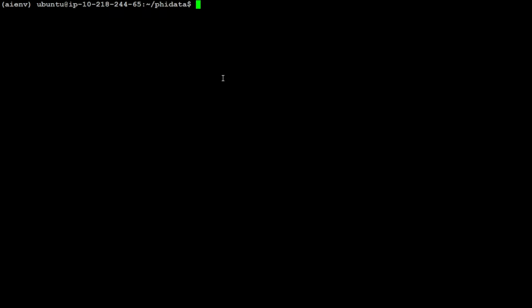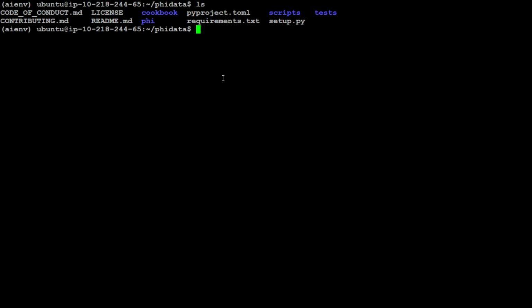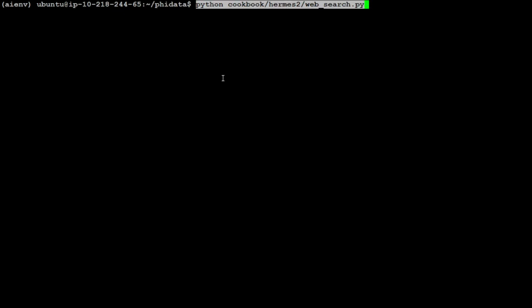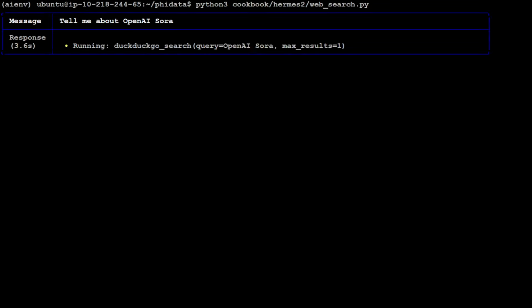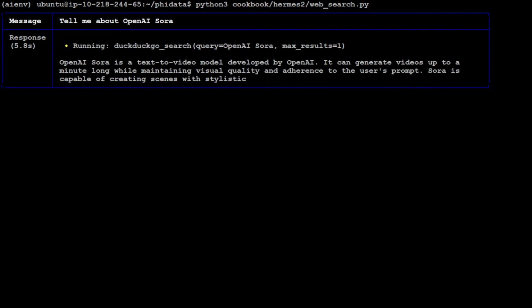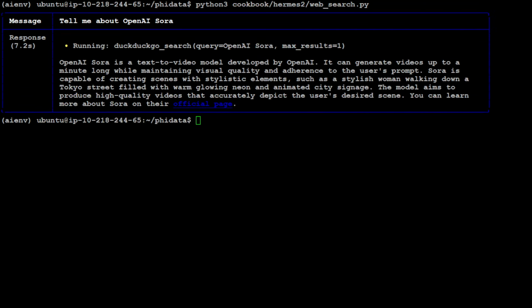Now, as you can see, I'm in the root of the repo and we have this cookbook. Let me run it. I think I would need to use python3 here. That is what my Python is called. Let me press enter here and it should be running. And you can see that it has triggered Ollama there. And my question was tell me about OpenAI Sora. It is running. And you see how beautiful this response is, that OpenAI Sora is a text to video